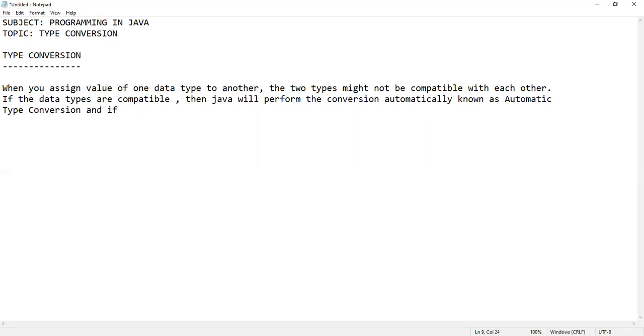And if not, they need to convert explicitly.